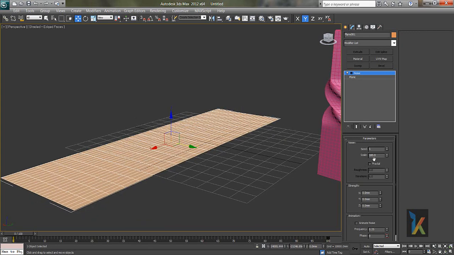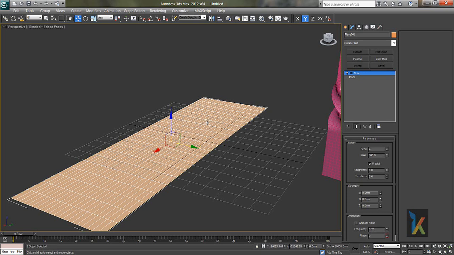You can increase roughness. Click on fractal and increase the roughness. But you can see I am increasing roughness to 100%, that is 1, and still I am not getting any kind of results. I am increasing roughness, but I am not setting in which direction the roughness should appear. Always keep in mind there are always 3 axes in 3D: X, Y and Z.